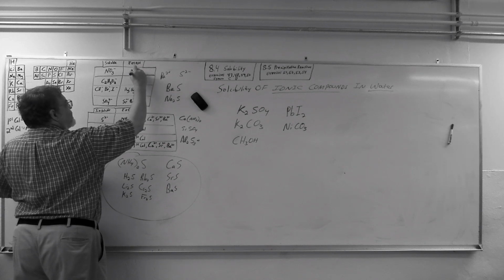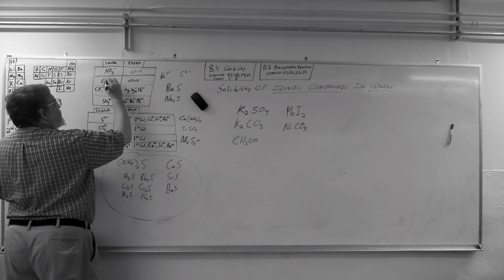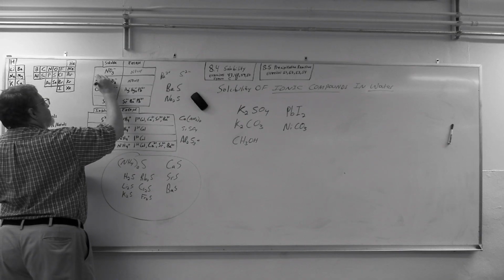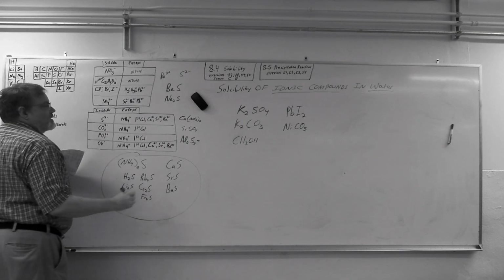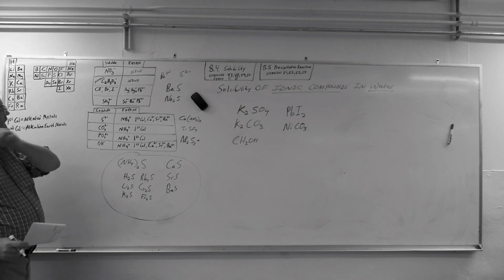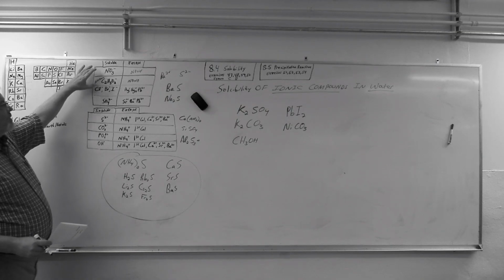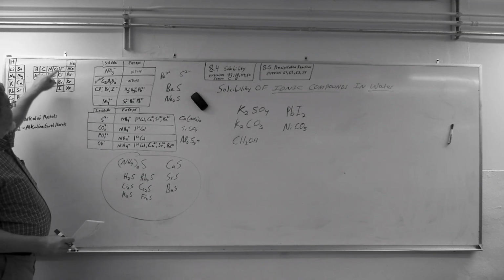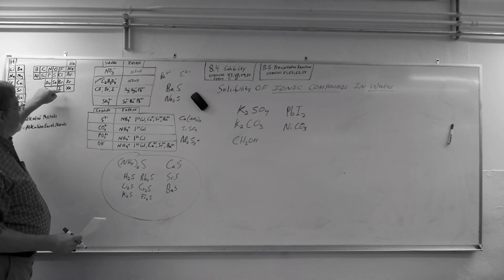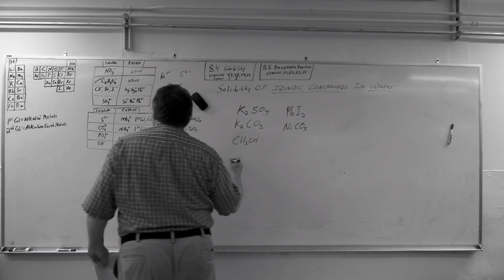Anything nitrate, and this is acetate. Is that acetate ion mentioned over there? So anything NO3 and anything acetate, there are no exceptions. They're always soluble. And here's chloride, bromide, and iodide, these three. And these are the exceptions, meaning